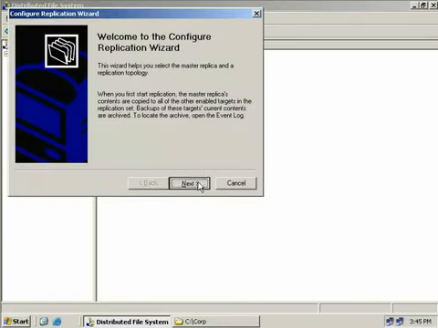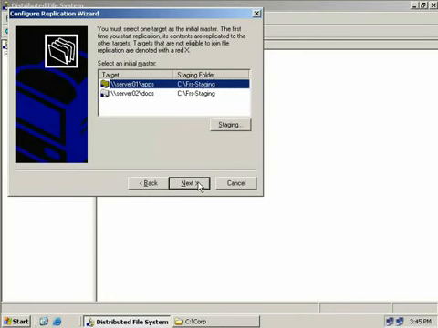So we'll click Next, and the first thing we'll need to do is select our initial master, the content of which will be replicated to our specified targets. Now this might sound a little drastic, this definition of an initial master, but it's only a temporary thing, so